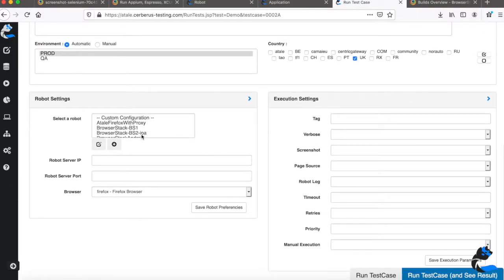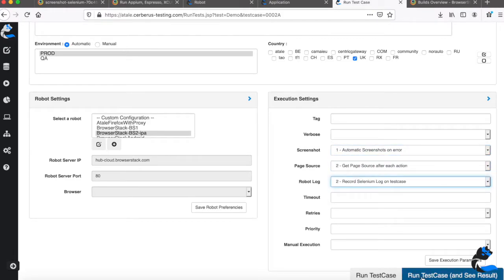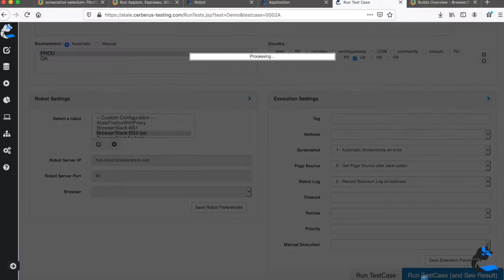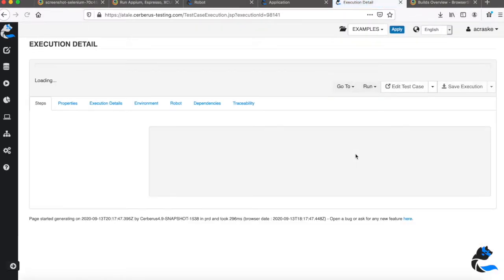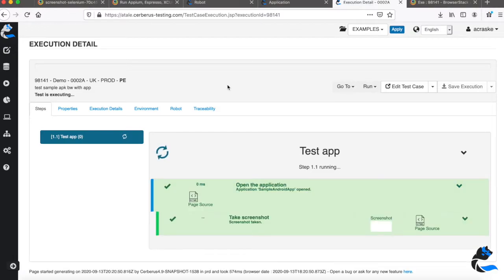Okay, in the same way we select here the environment and country, the robot for iPhone we created, and here I will also force some specific logins that will be useful later on. Okay, so the test has been correctly started.